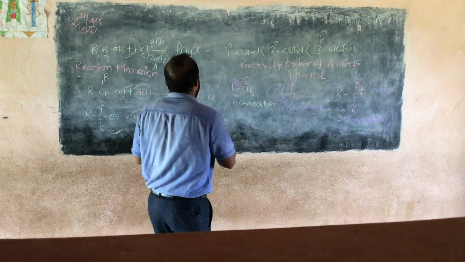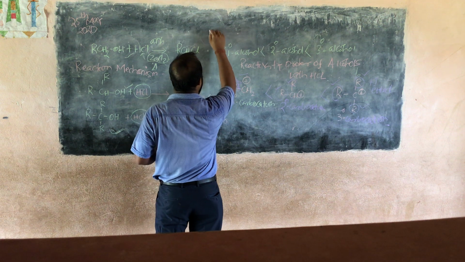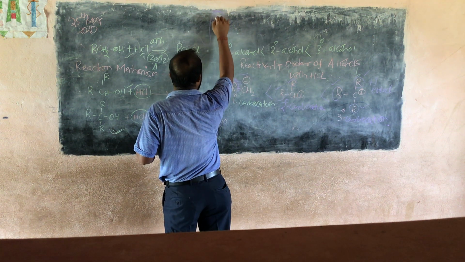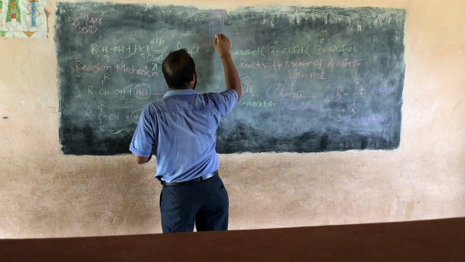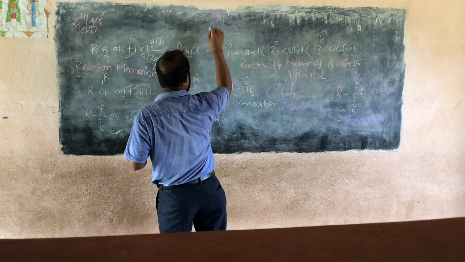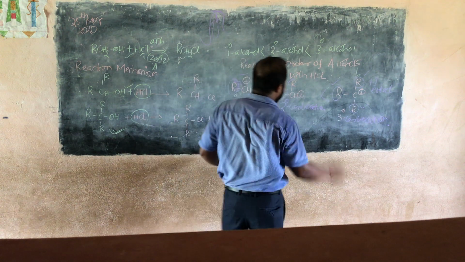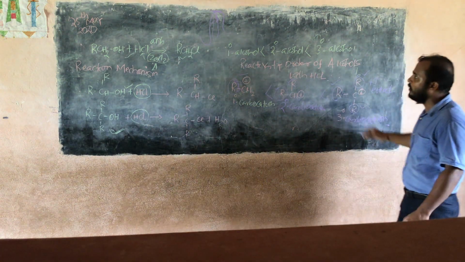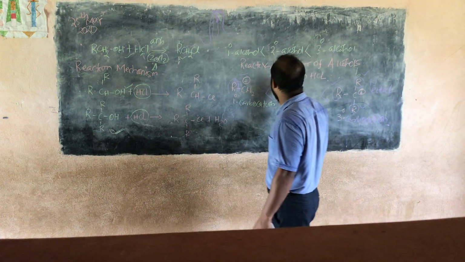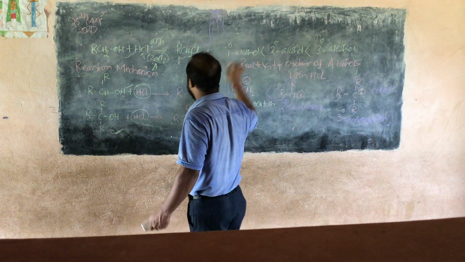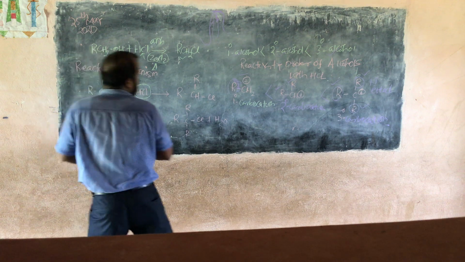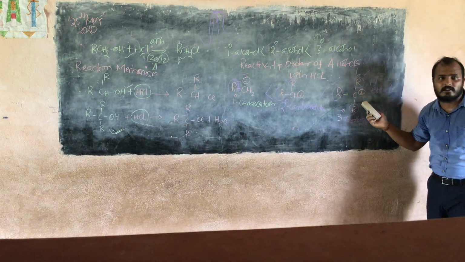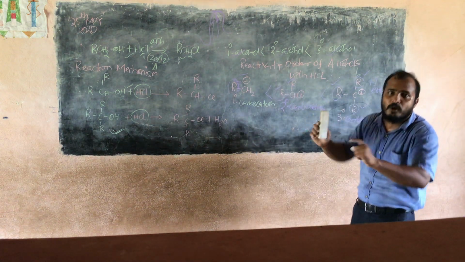Reaction intermediates means, in chemical kinetics you must have read, this is the reaction graph. This is the reactive intermediate. If it is stable, then it can go there easily. If it is unstable, it will not go there. Hence, the tertiary carbocation is more stable, so the rate of reaction of tertiary alcohol with HCl is more than secondary, than primary. Tertiary alcohol goes by a tertiary carbocation, which is more stable.